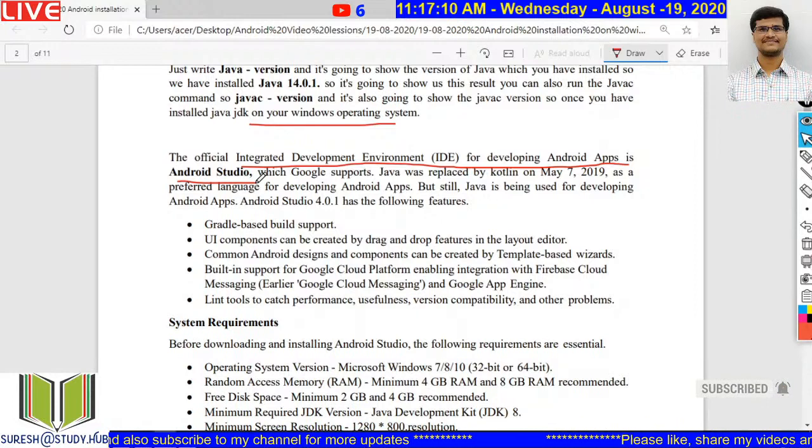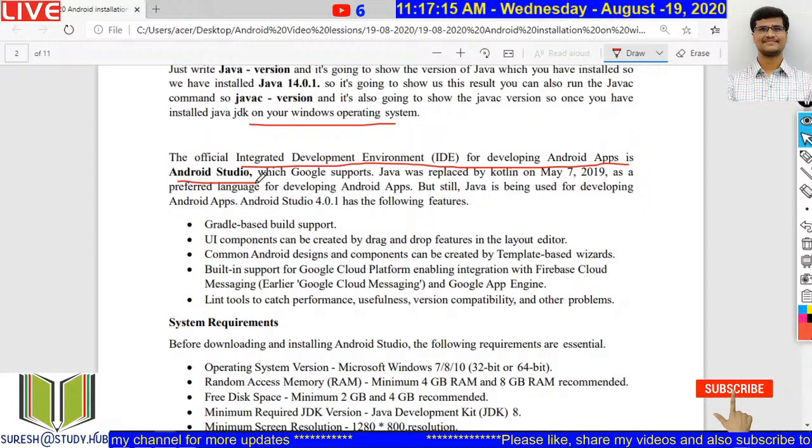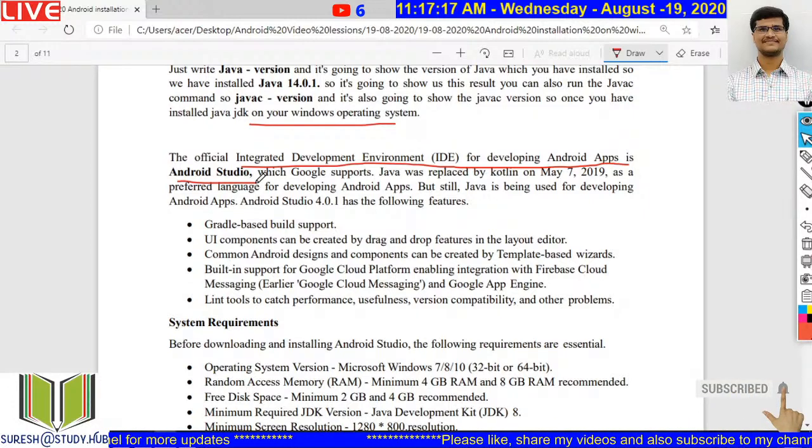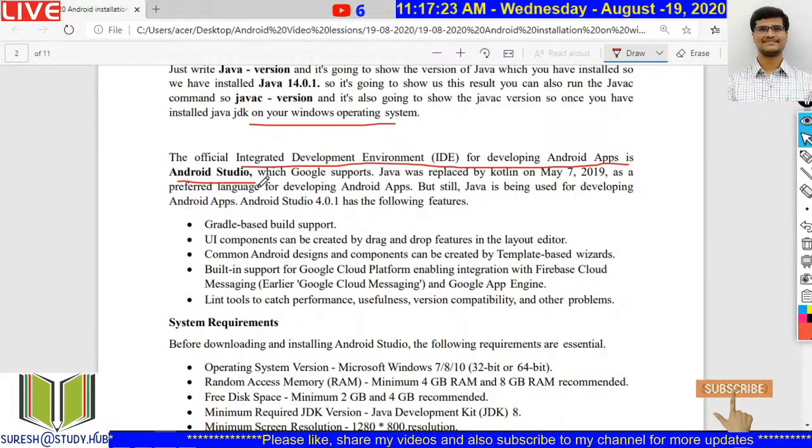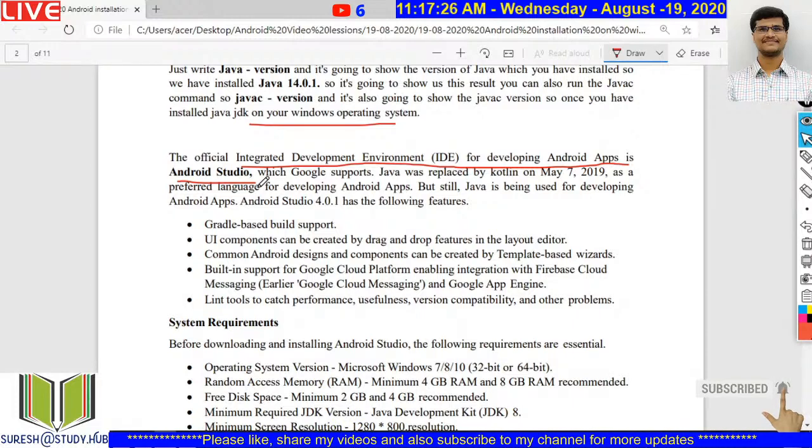Everything will be integrated into a bundle. So that is your integrated development environment for developing these Android applications. One of the most commonly used IDEs for developing Android applications is Android Studio. We have Eclipse also, but it is better to go for Android Studio, which